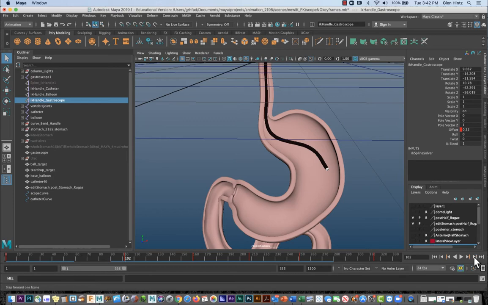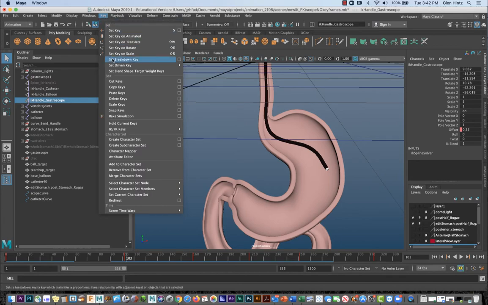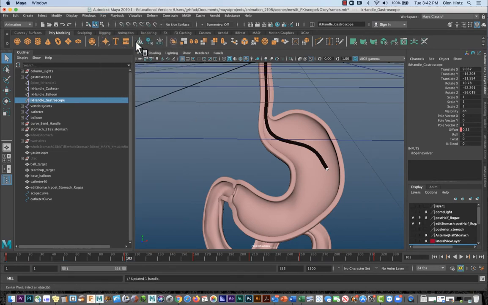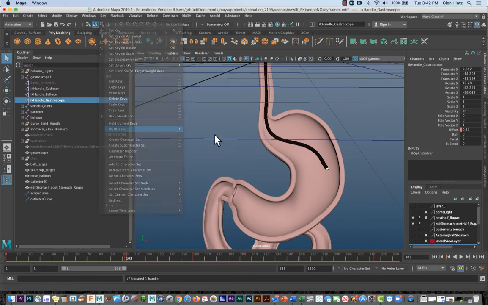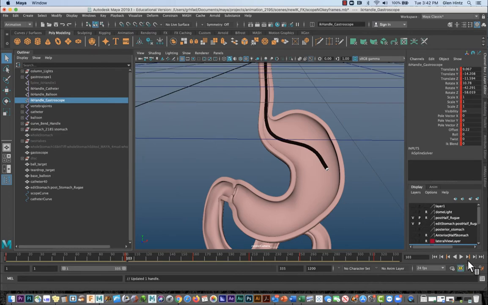the white line 1 frame forward, and I'm going to go down to my IK, FK things, and I'm going to disable that solver, and I'm then going to go back to that same place and say set IK, FK key. I'm going to go to the next keyframe and then go back to 1 frame previous and say